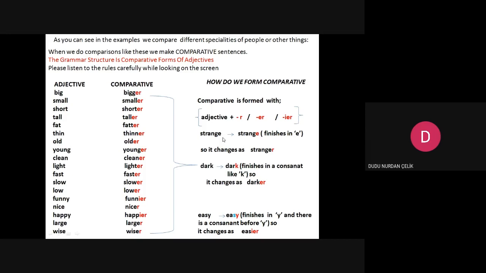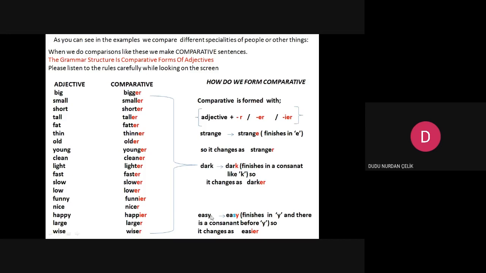Like strange, stranger. It finishes with E, so we add R. Dark, this is K, a consonant, and R is also a consonant. We add ER: darker. Look at easy.